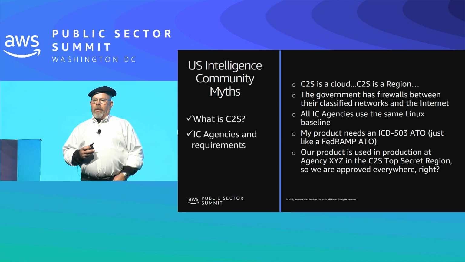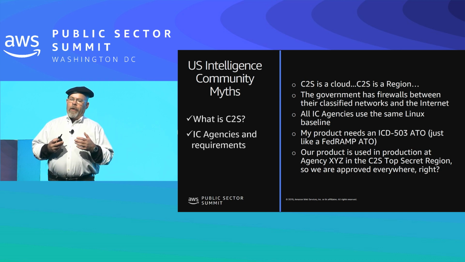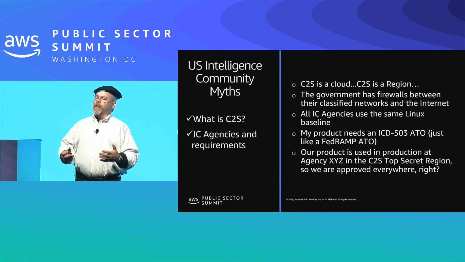First of all, when we were awarded the C2S contract, and I know Sue talked about that in the keynote yesterday, people referred to C2S as a region, the C2S region. And while that was easy when there was just the one region awarded under the C2S contract, things have changed since that contract was awarded in 2013. So I like to straighten people out and say C2S is a contract. It's a contract between Amazon and the US government, and under that contract, we first deployed a top secret region.